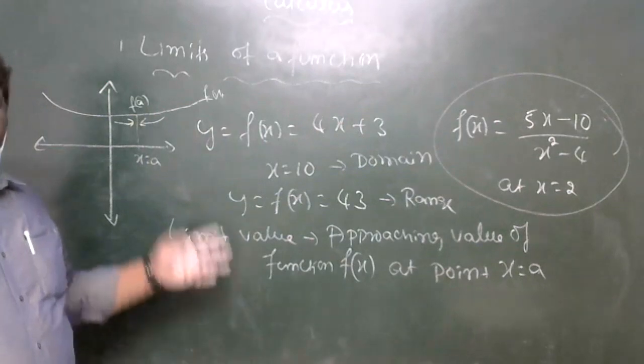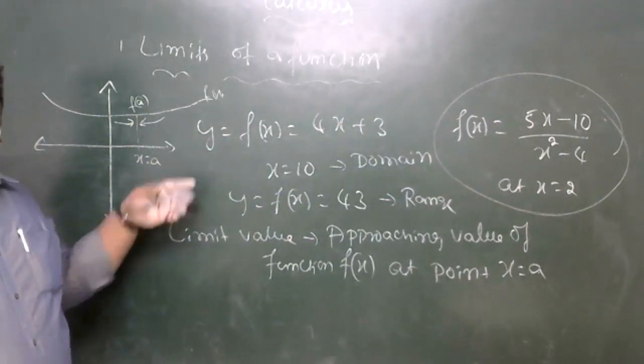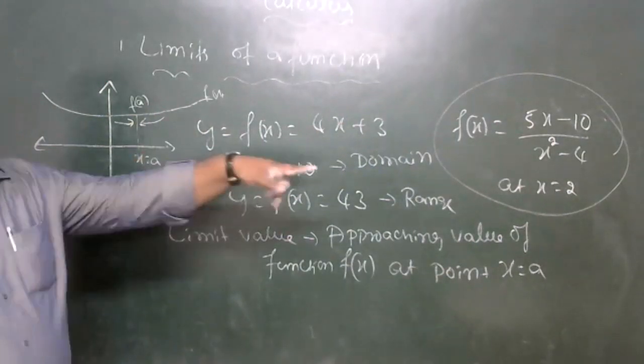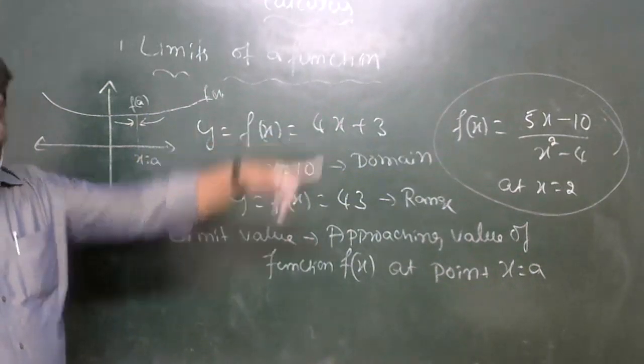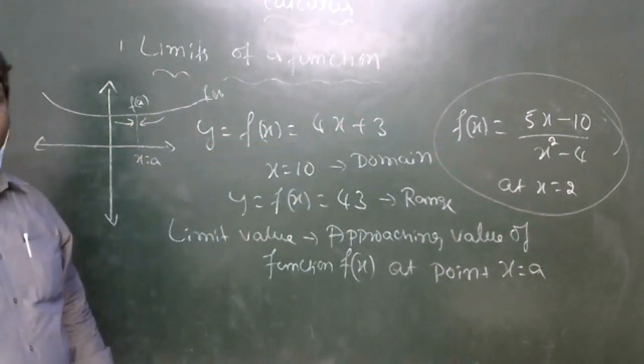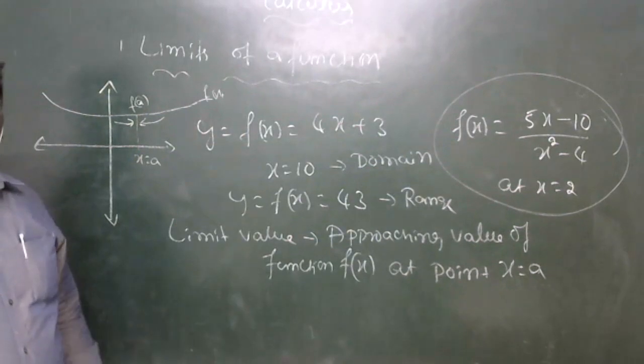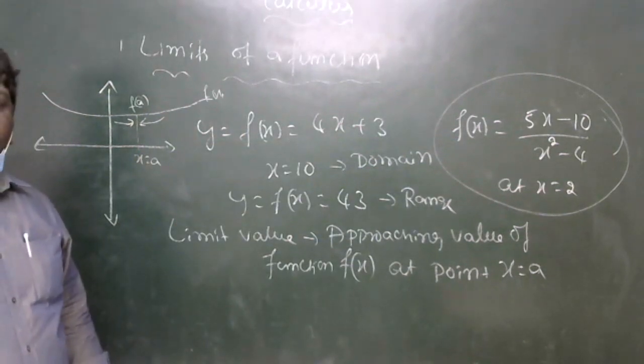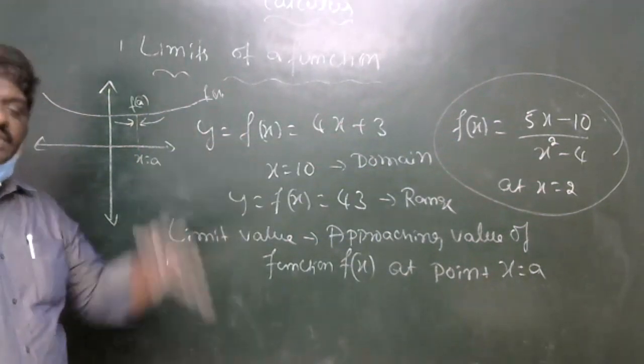Okay, so this is called a limit. Limit means how we are approaching the value. So if you take the algebraic value, you are going to get 0 directly. Sorry, not defined, because 2 square is 4, 4 minus 4 is 0. If you get anything in the denominator as 0, the function is not defined.